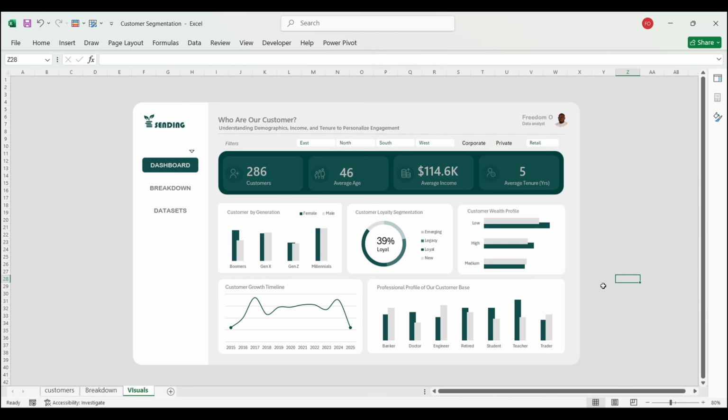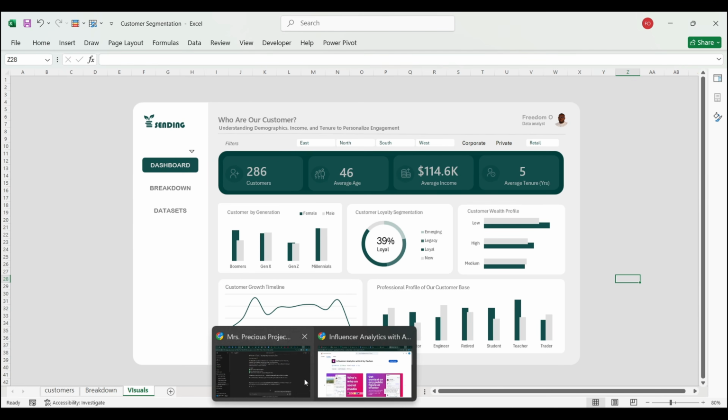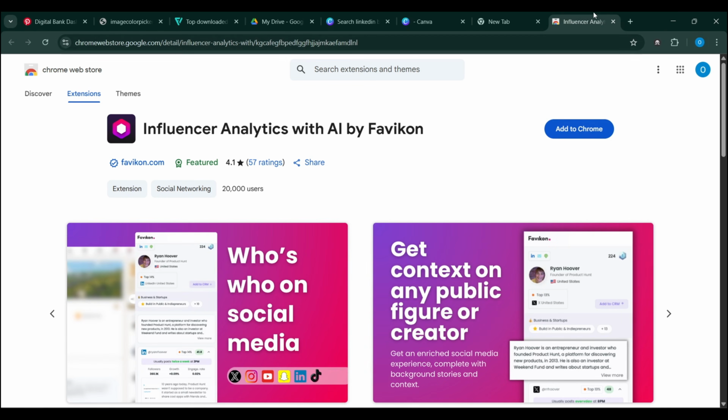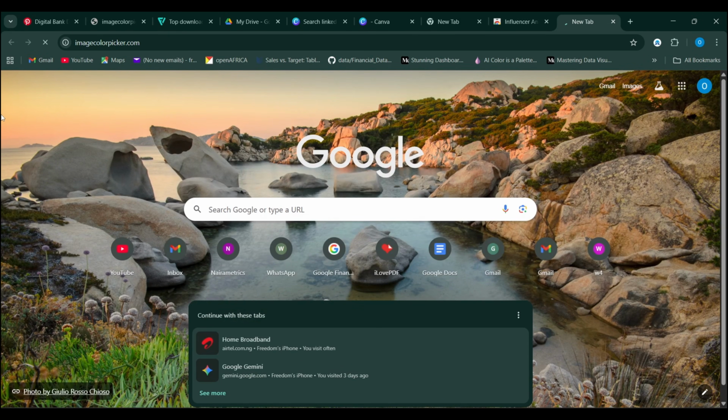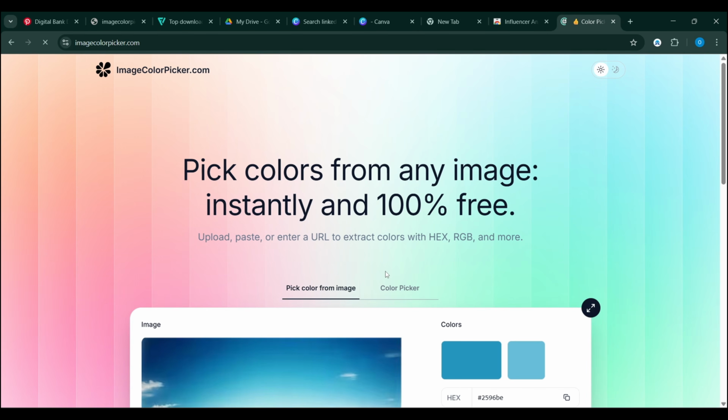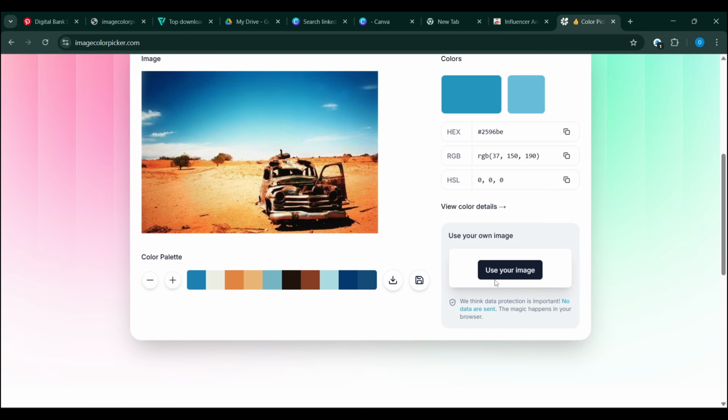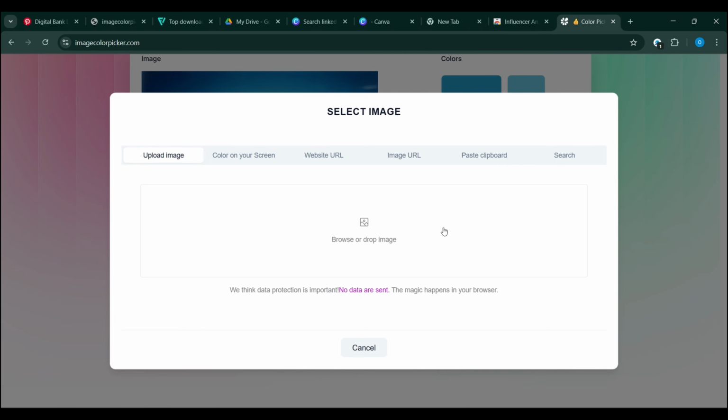So first off, if you know me, I don't have time to be looking for color codes and everything. So we make use of a color picker. We use the image color picker. So there was an idea I got, so I use that as the color idea for this dashboard. So let's pick our colors from